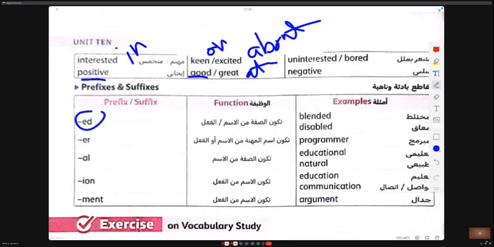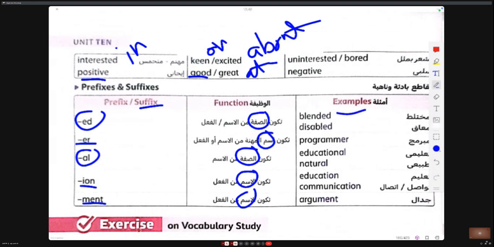We add ed as a suffix to give the adjective, er to give the noun, al to give the adjective, ion to give the noun, ment to give the noun. Blended, adjective. Disabled, adjective. Programmer, noun. Educational, adjective. Natural, adjective. Education, communication, argument are all nouns.